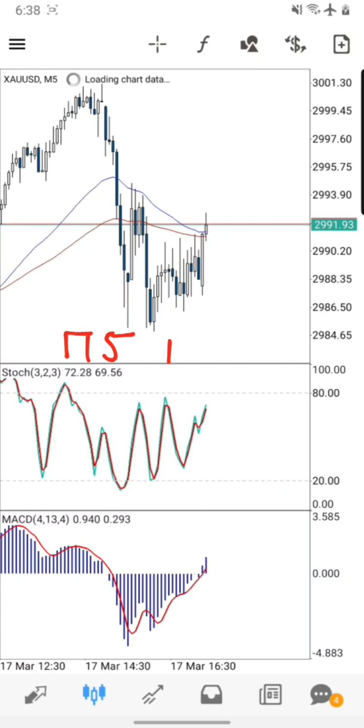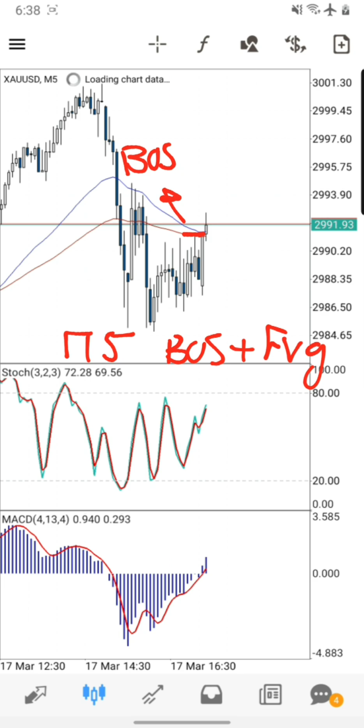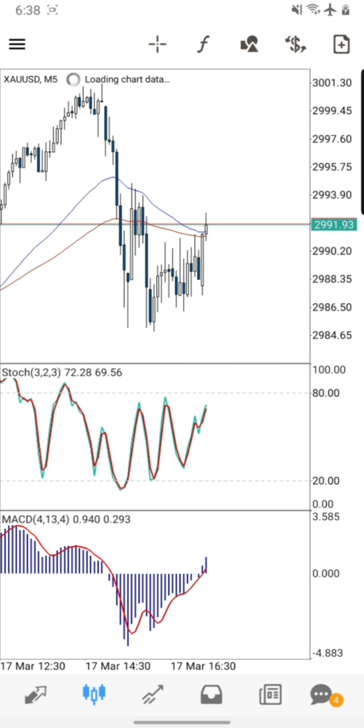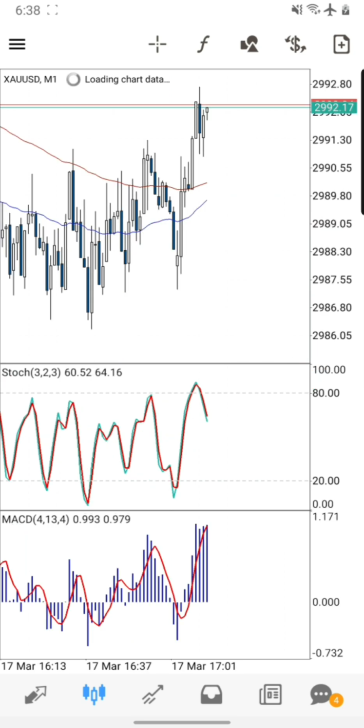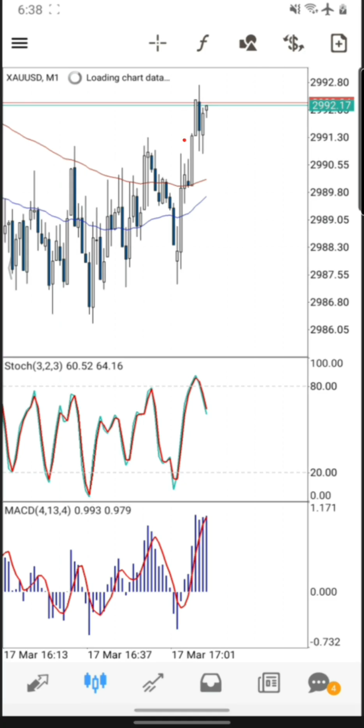I'm using higher time frame point of view BOS plus lower time frame BOS. On 5 minutes we can see there is a BOS, breakout structure, plus fair gap. Let me write it. And also on 1 minute chart there is also breakout structure plus fair gap, BOS. And also let me show you the FVG,